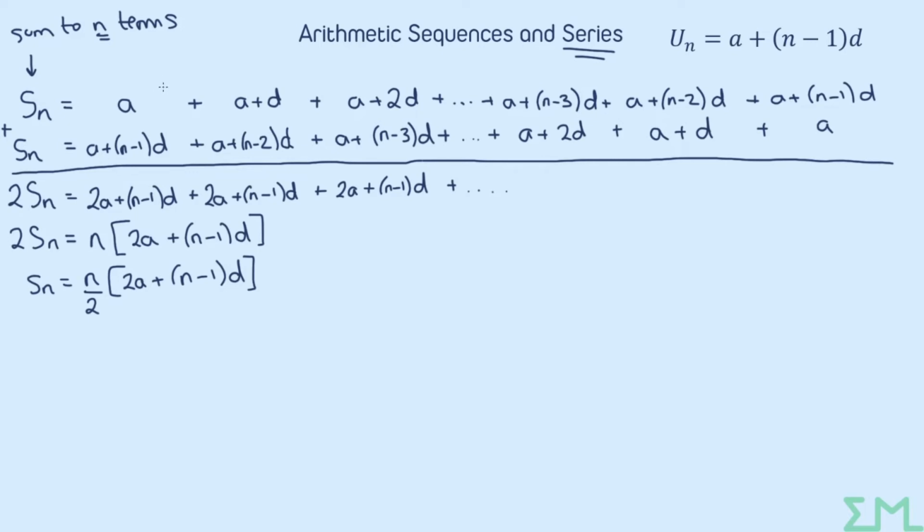Now when they ask you to prove things like sum to n terms of the natural numbers, which we are going to do in just a moment, then laying it out like this is a very solid way of doing the proof. Don't just rely on this formula. A real proof is to go from first principles, so writing out the sequence like this and then arriving at a formula afterwards. So let's have a go